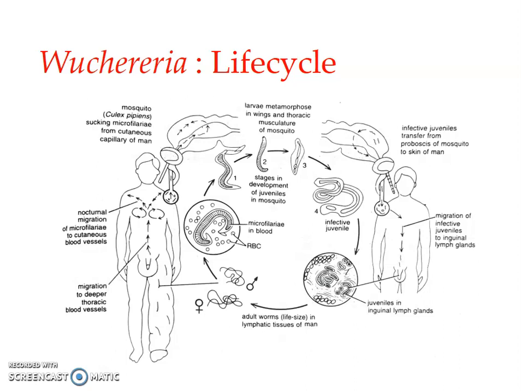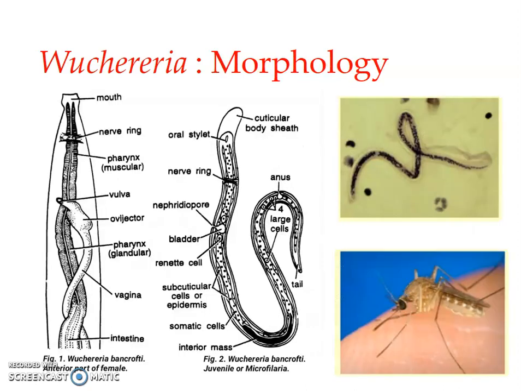They migrate to reside ultimately in the deeper blood vessels of the thorax. But they do not undergo further development until they reach the intermediate host, that is, a mosquito. So till then it remains in the microfilarial stage, and that too in the blood vessels of the thorax. When we speak about the microfilaria, they have a future mouth. You can see here the oral stylet, and then a nerve ring. The nerve ring is also found in the case of adults, over here you can see.